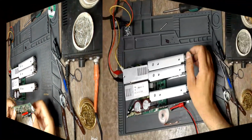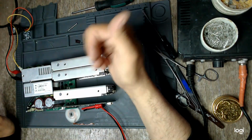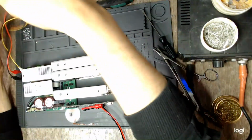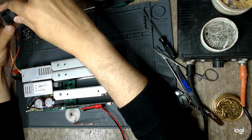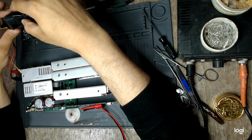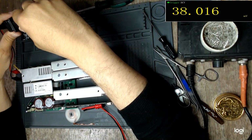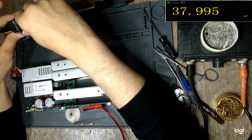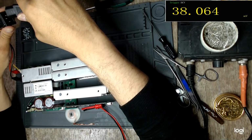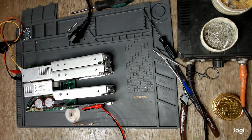What made it fail? I did connect the output modules as well, just in case the fan board needs them. So now, in 3, 2, 1. 37 millivolts? Really? Then why on earth